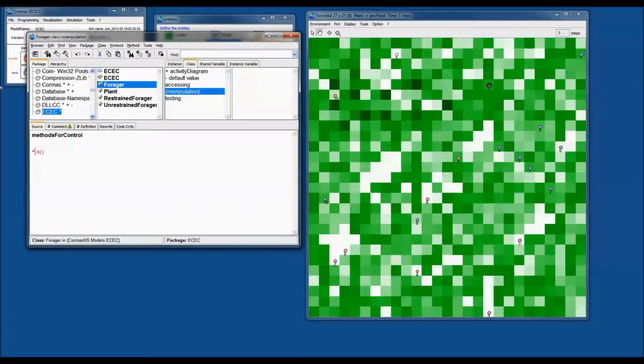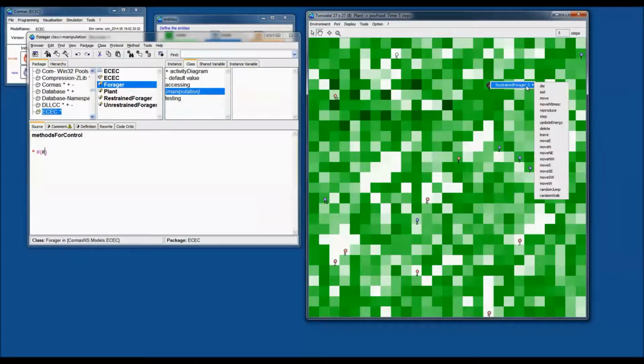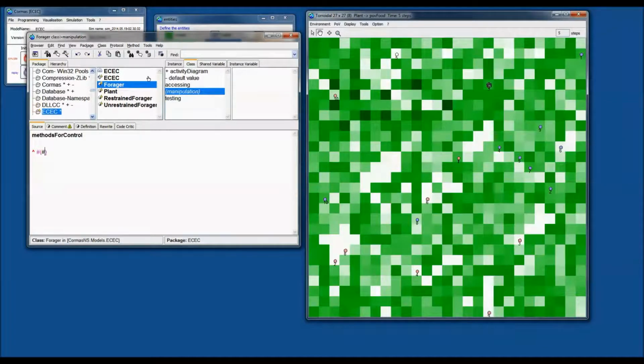Here it will return an array of all the elements, and here you put the name of each of the methods you want to appear in that menu. I want only reproduce and eat to appear, because that's how I would like to work with a person